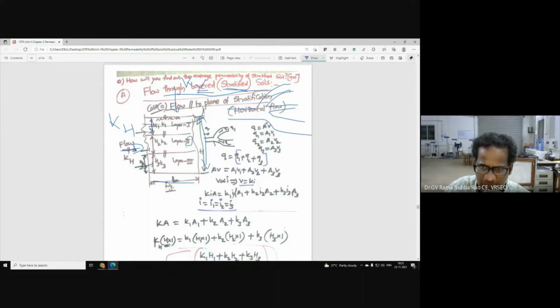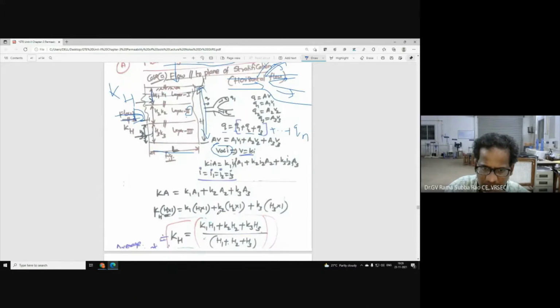Now you apply the continuity equation, Q is equal to Q1 plus Q2 plus Q3. Here three branches are there, here three layers are there. And very interestingly, we always believe Darcy's law. What is Darcy's law? Velocity of flow is directly proportional to hydraulic gradient, V is directly proportional to i, V is equal to Ki. Discharge is equal to area into velocity. Here water is entering as Q, and it is divided into Q1, Q2, Q3. If n layers are there, you can write Qn.